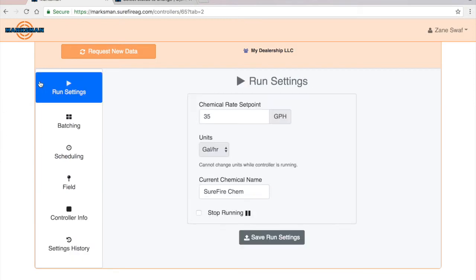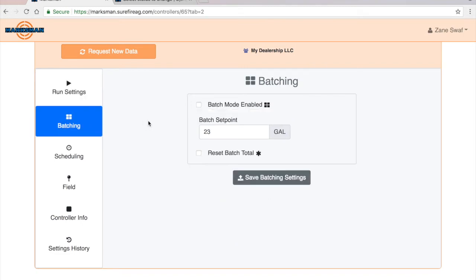The Run Settings section lets us set the chemical rate set point, our units, the current chemical that we're running, and allows us to start or stop the device. If we change these settings, we want to be sure to click Save Run Settings, and this will send them to the device. The Batching section allows us to turn on batch mode, set a batch set point, or reset